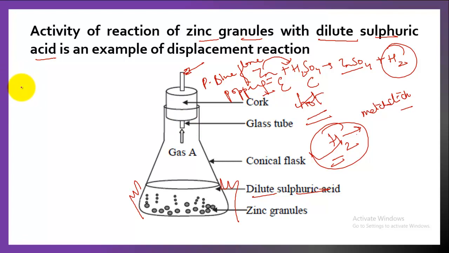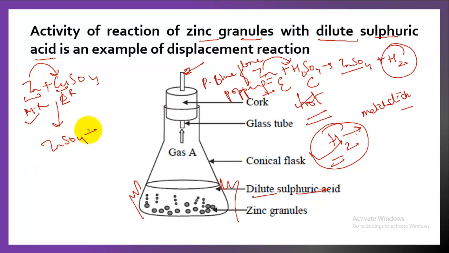Let's take another example. Let's say if I have Zn plus CuSO4. So for this reaction to take place, zinc should be more reactive than copper. And we have seen that zinc is quite reactive than copper. So it will displace copper and will form zinc sulfate and copper. So this is what is displacement reaction. That is a reaction between element and compound in which more reactive element displaces less reactive element from its compound.